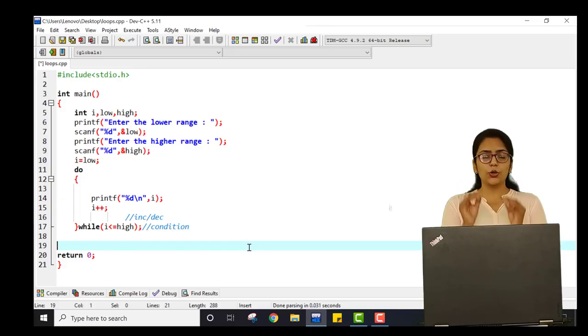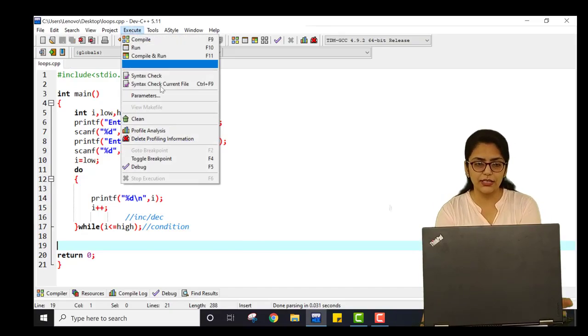So if I ask you one question, what is the minimum number of times a do while loop can be executed, what will you answer? Just think about it. Here, the minimum number of times a user can enter the loop is 1, because it can blindly go inside. Once it sees that it does not have a key, it can go outside. So this is all about do while.